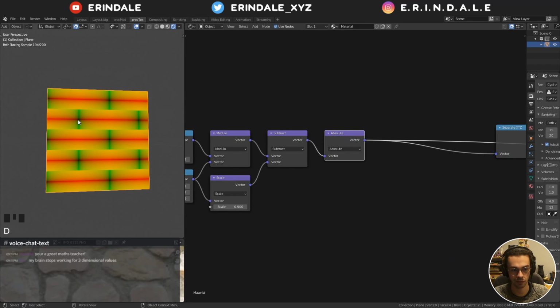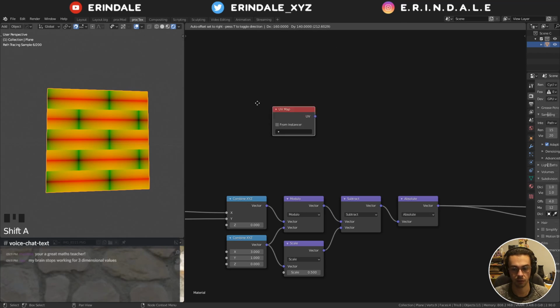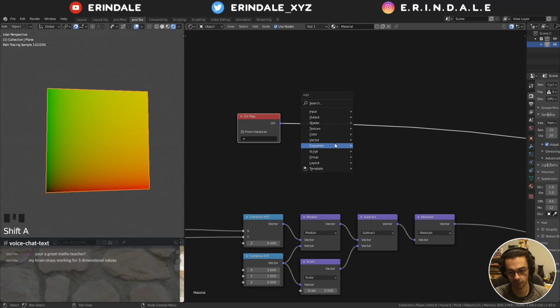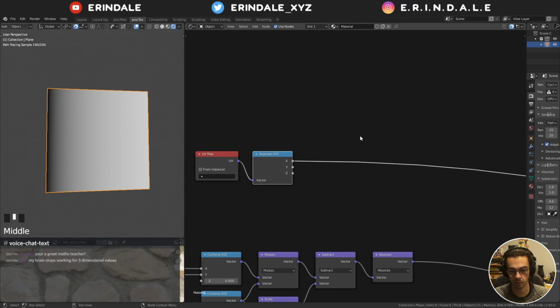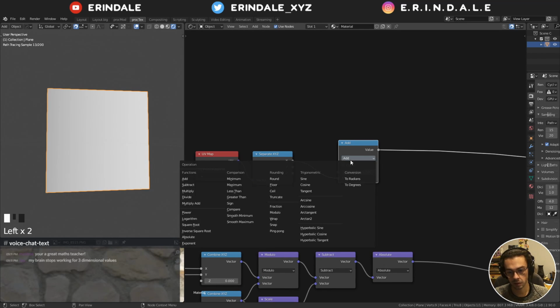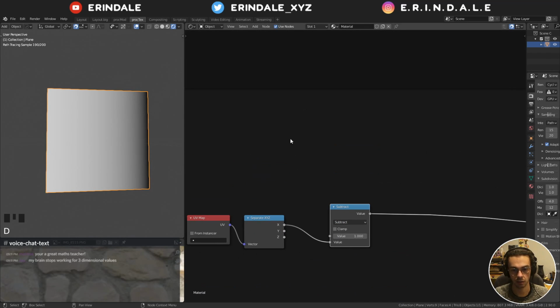Absolute. So at the moment we have the 0, 0 point in the middle, and it's going up as it goes out. We need the opposite to happen. You know how we were talking before about if you subtract a gradient from 1, or from any value, you basically invert that gradient, right? So if I take the UV map and take just the x component of that, if you were to subtract that from 1, then you're basically saying,